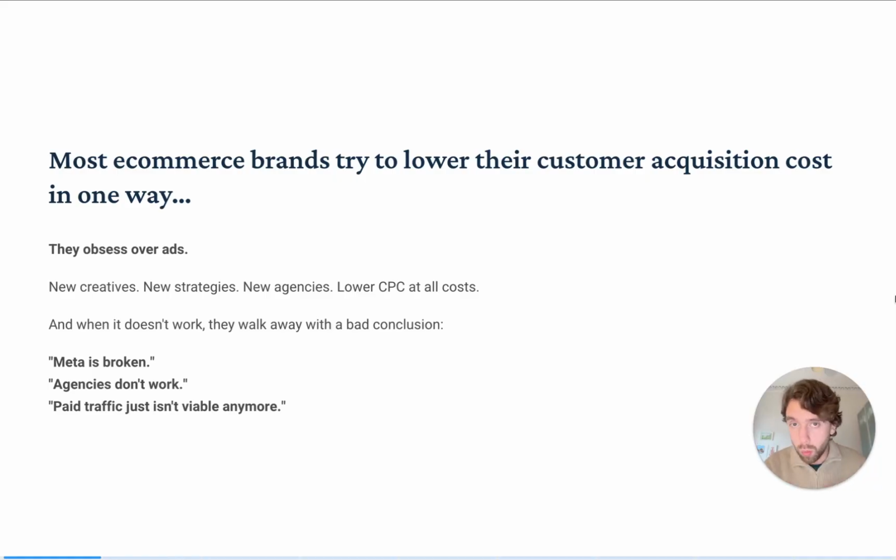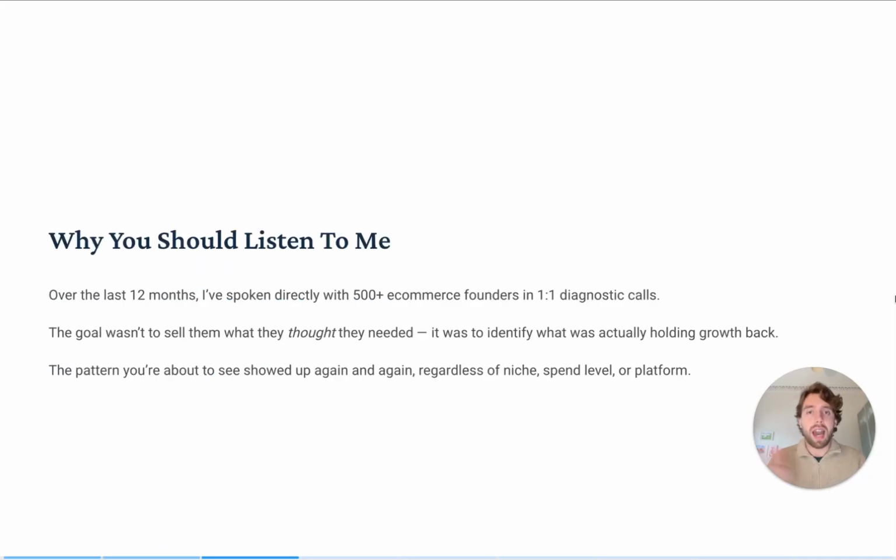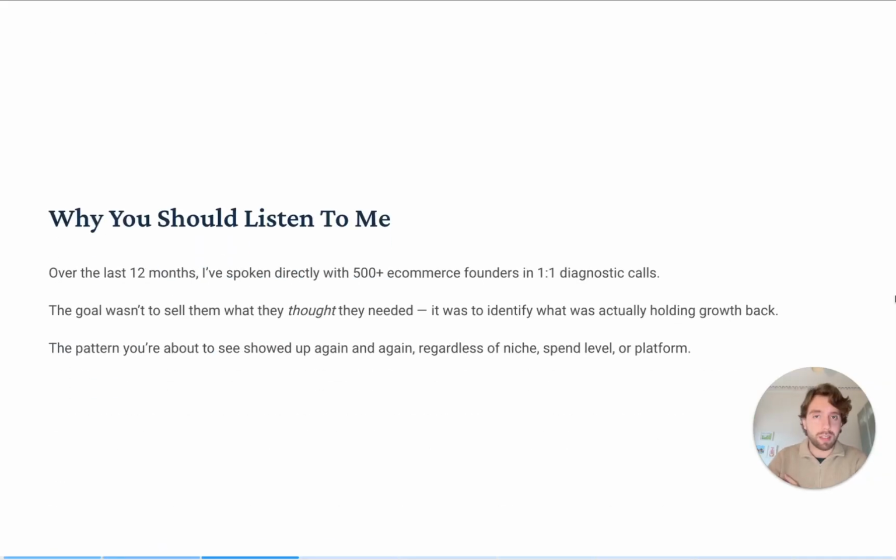And when that doesn't work, they walk away with essentially an incorrect conclusion, which is Meta's broken, or whatever platform it is isn't working well. Agencies suck, they don't work, and paid traffic just isn't what it used to be anymore. And it's the wrong way of thinking about it. In reality, a lot of the time, at least 90% of the time, the problem isn't ads. It's what happens after people click, after they've left the ads, wherever they clicked on the ad and gone through